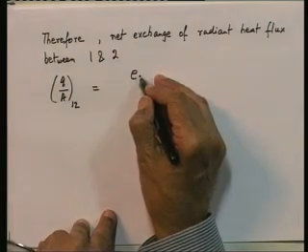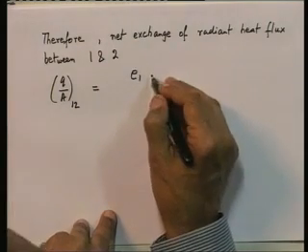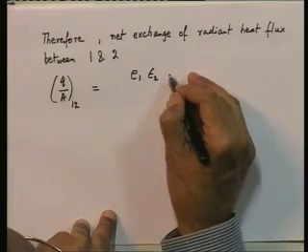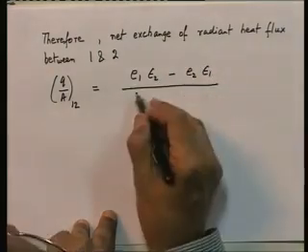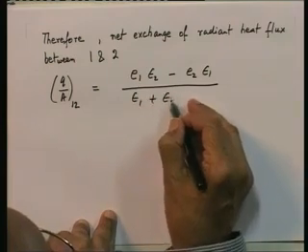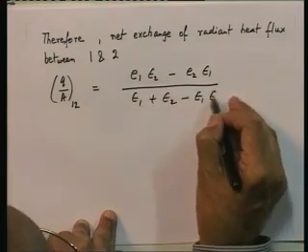So, I am going to get E 1 epsilon 2 minus E 2 epsilon 1, the whole thing divided by epsilon 1 plus epsilon 2 minus epsilon 1